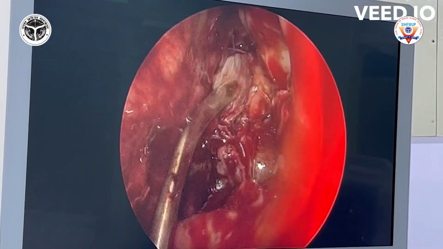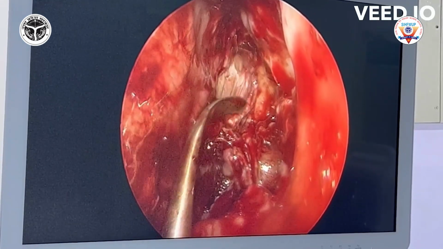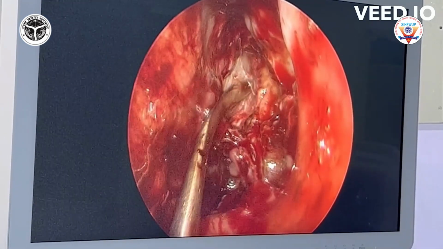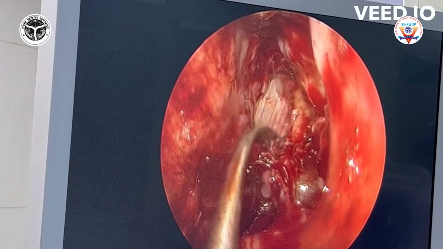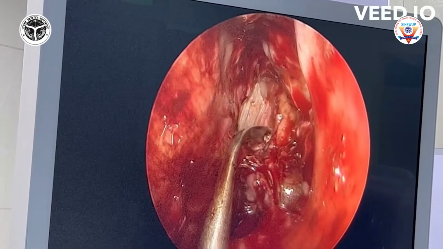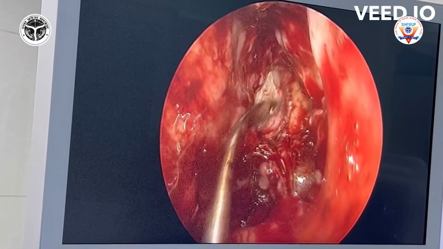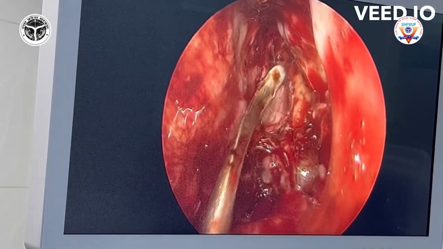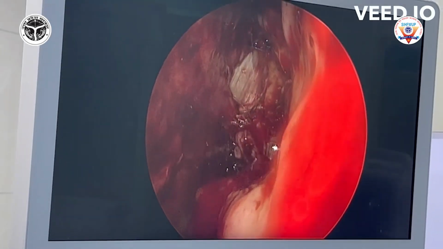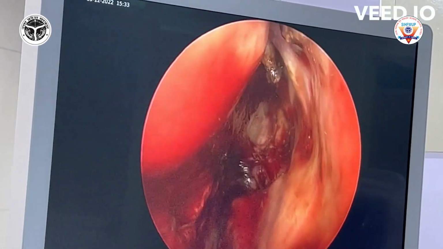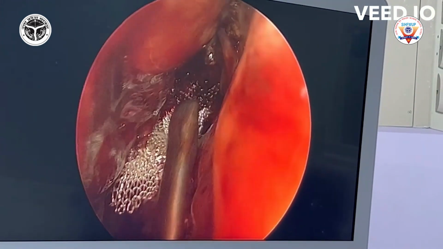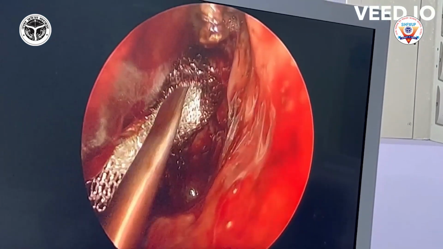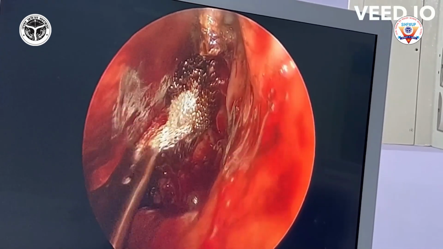After this we place Surgicel over it, Surgicel on top of it, then Abgel, and finally the nasal packing with Merocel. Ma'am, post-op, after the 4th day you remove the nasal packing. Then what is the protocol that you follow at the institute? We discharge the patient with bed rest, head end raised, and Diamox. We give Diamox 500 milligram BD, and because this patient was elderly and diabetic also, electrolyte